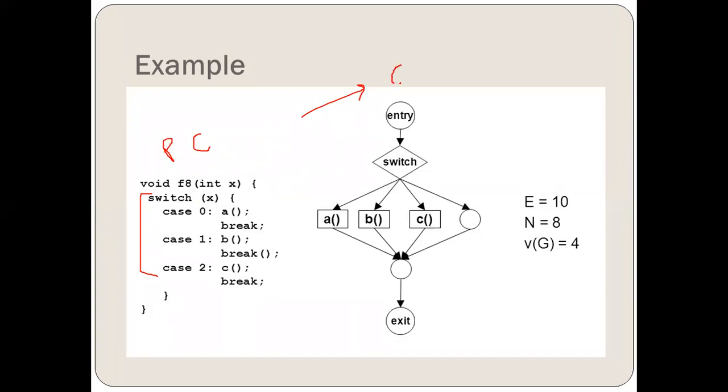How is the control graph drawn? The control graph is drawn with the help of the statements. These circles are the nodes which form the statements, whether conditional or functional, right? These are the nodes. Then we have edges. Edges are what? Edges are the flow or execution of the statements. This is an edge, right? So edges are denoted with the help of E and nodes are denoted with the help of N.